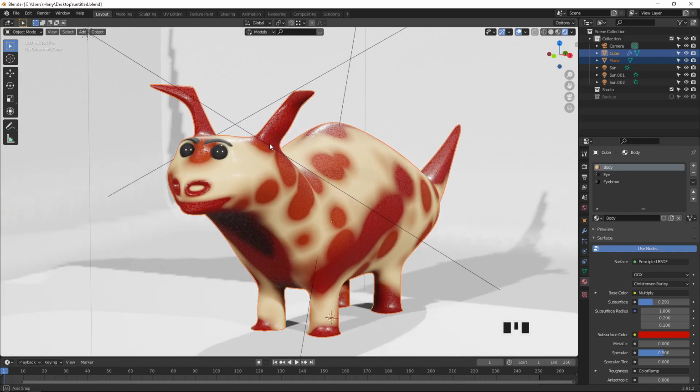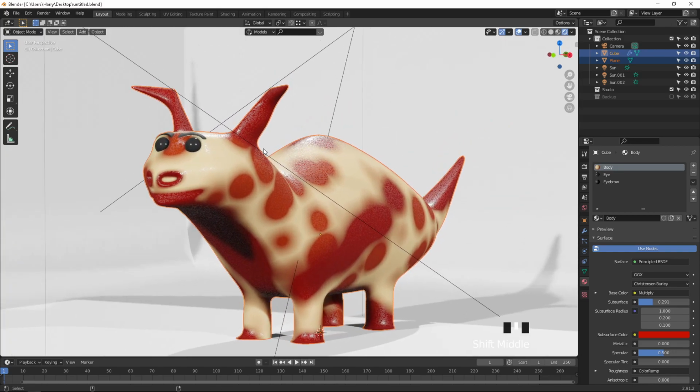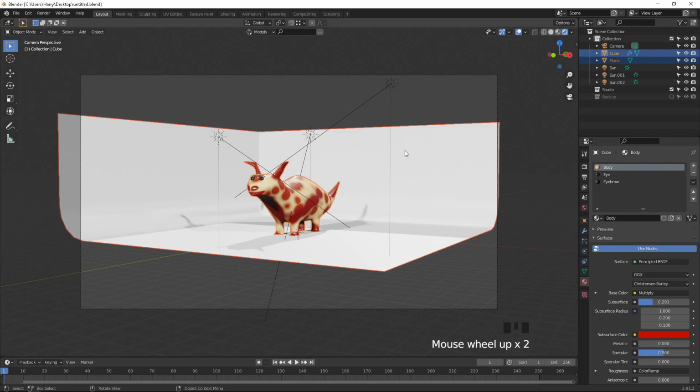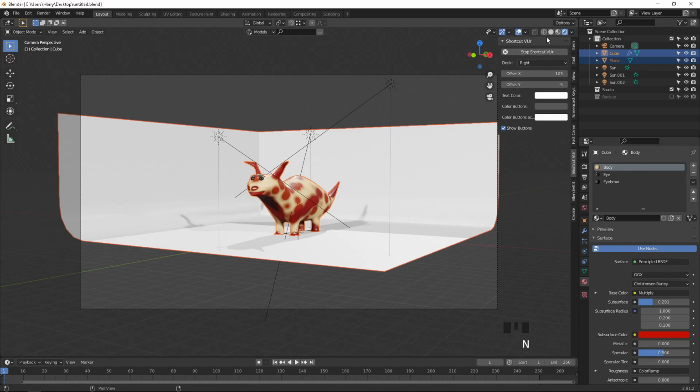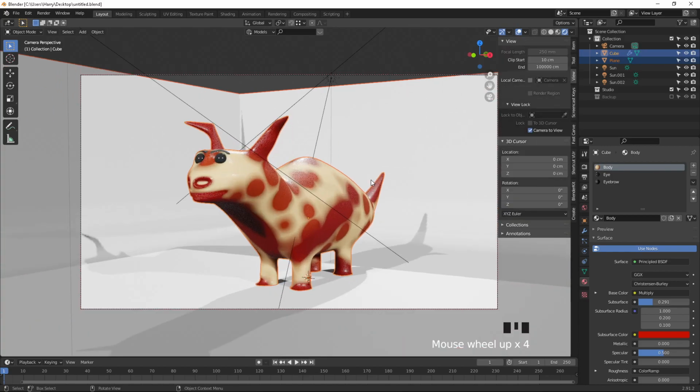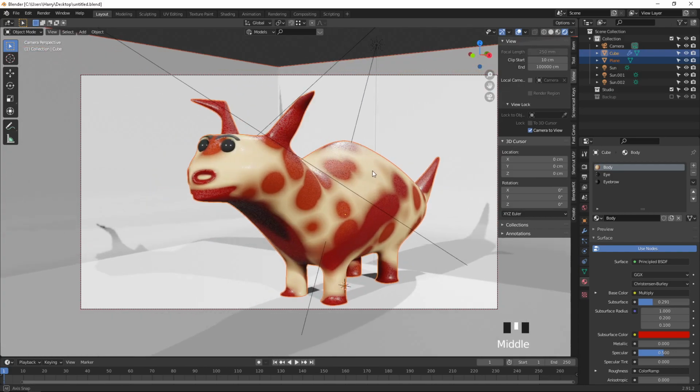Okay, let me take it in this angle. Let me press Control Alt 0 to go to the camera view, and press N on the keyboard for opening the view panel, and camera lock view, and we can align the cameras.